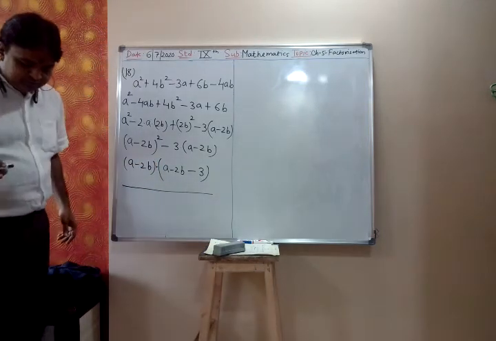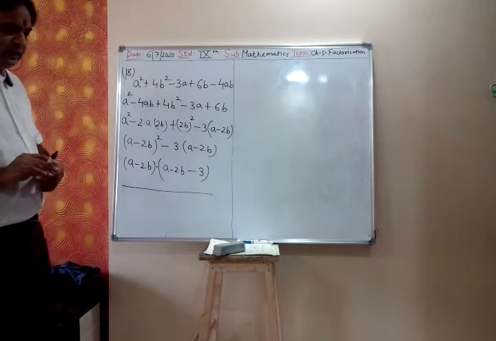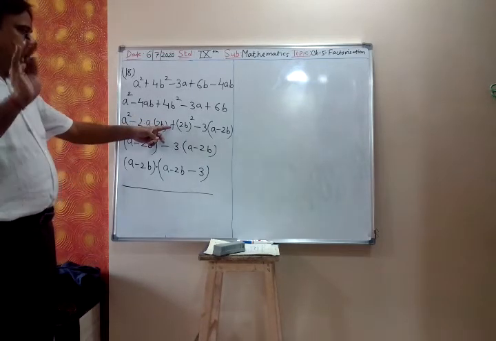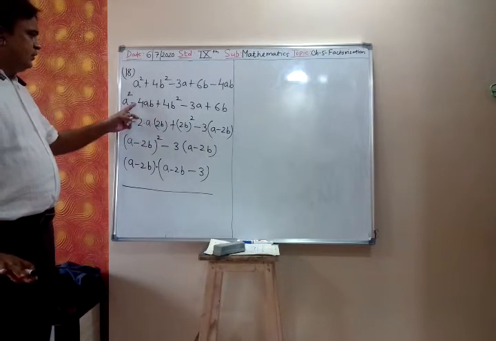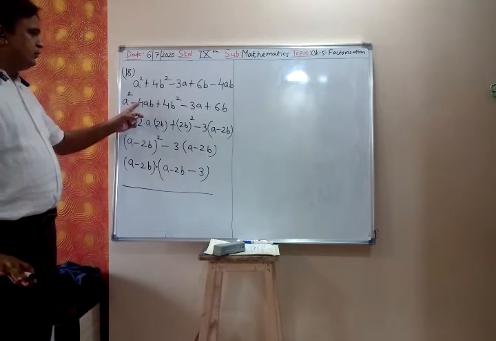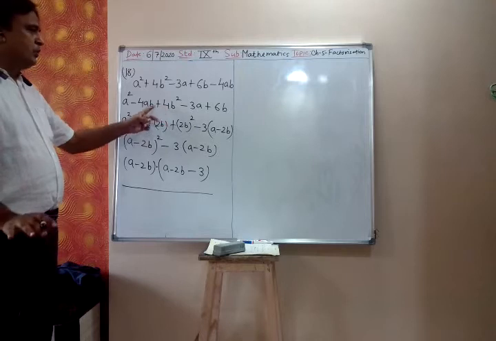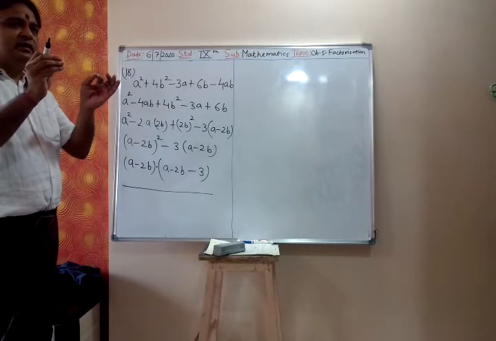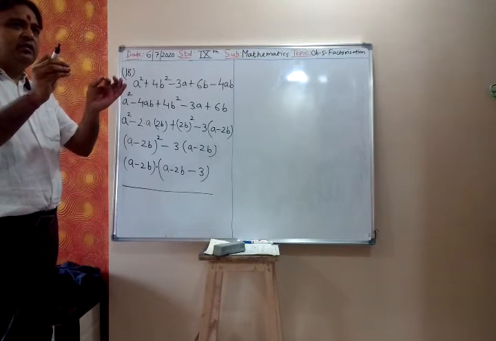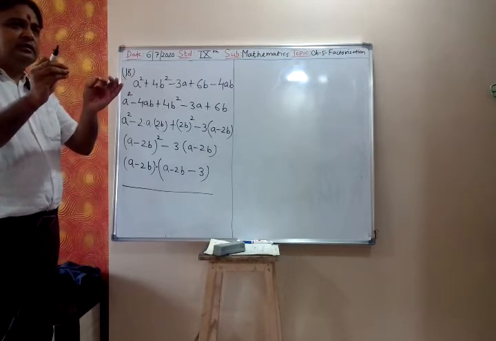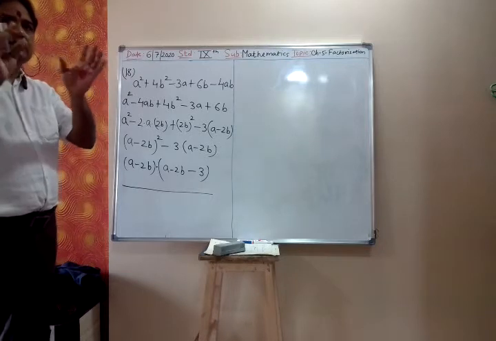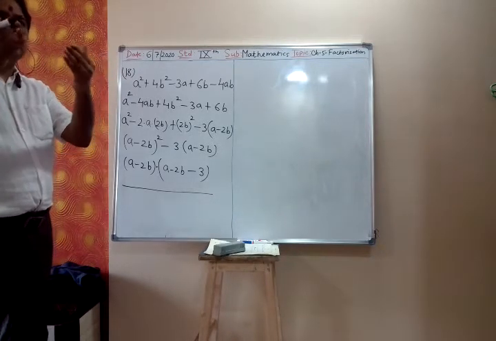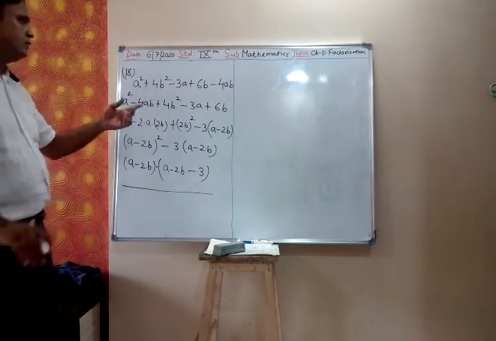Yes? Yes, ask. Third step. Okay, I am explaining third step. a square minus 4ab plus 4b square. Whenever a square is there, b square is there and ab term is there, either we write that in the form of a square minus 2ab plus b square or a square plus 2ab plus b square. So that I can write that further as a plus b whole square or a minus b whole square. We are converting in that form.